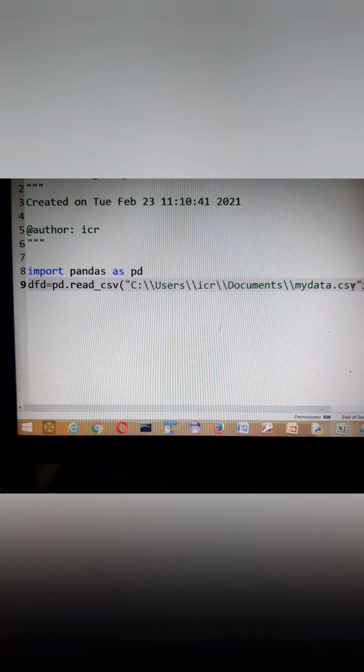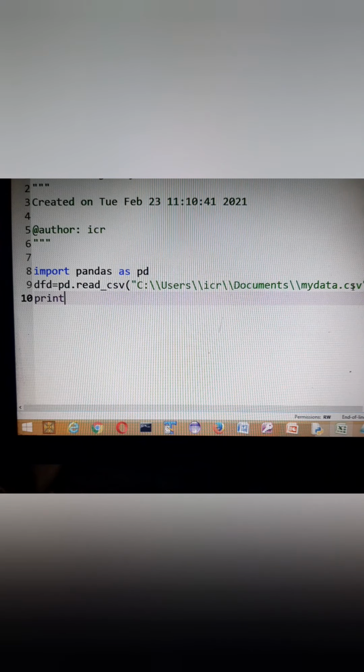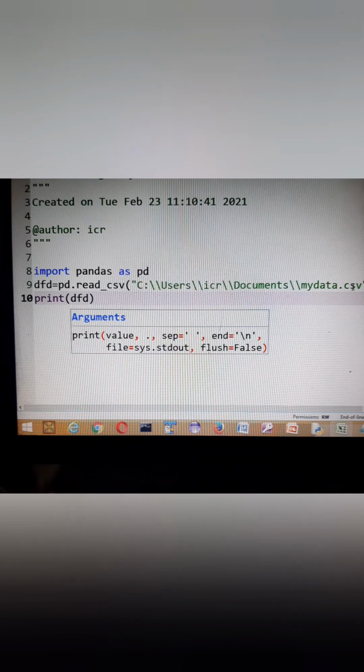I have made a data frame from it. pd.read_csv is a function which will read the CSV file, and then I am writing here print dfd.